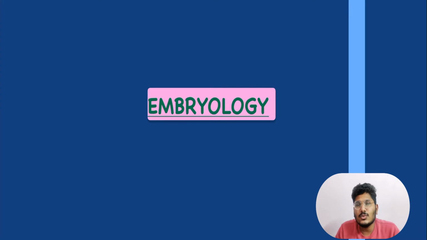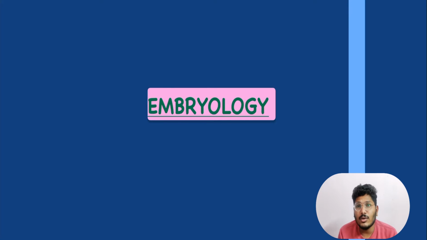In these sessions, we'll try to cover the conceptual basis of almost every part of embryology, starting from gametogenesis, that is the formation of gametes, which includes spermatogenesis in males and oogenesis in females. Then fertilization, that is the formation of the zygote. Later on, the cell division and cleavage of the zygote, and then implantation in the uterus and placenta formation, followed by